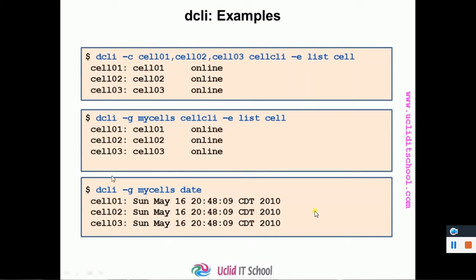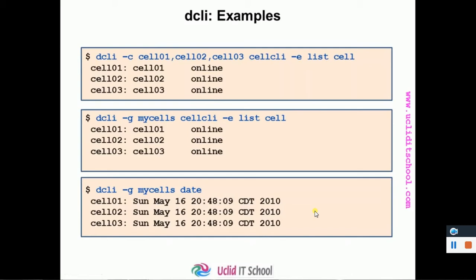And the third command shows you how to execute operating system commands. Here I want to see whether the time is synchronized on all the storage servers, running the same time or not. In real time you will have 14 storage servers.